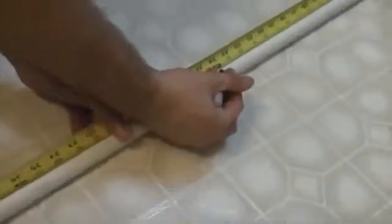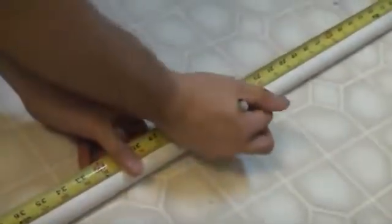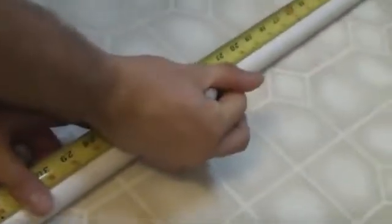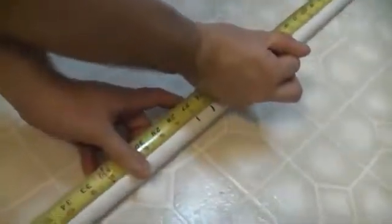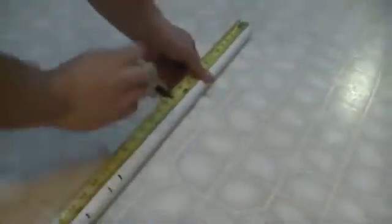Since it's a 4-foot pipe, you're going to make your first mark, cut it in half at 2 feet. Then you want to measure a 4-inch handle, so 2 inches on either side. Then you want to mark an inch to indicate where you want to start bending it on each side of the handle. And then on the tip, you want to go in